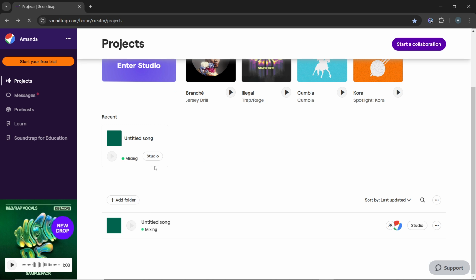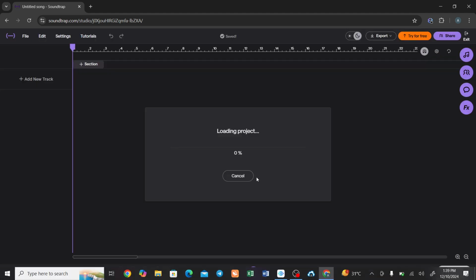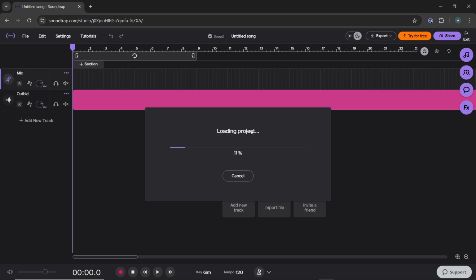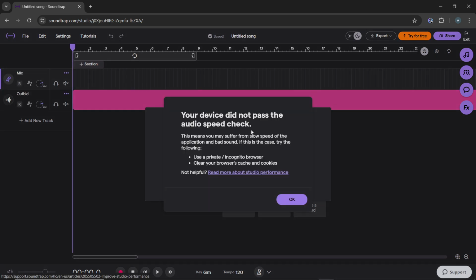So I want to use an existing one, so I'm just going to click on Studio right next to it, and that's going to walk me into the studio itself. Now once you're inside the project, you'll be directed to the studio view, which you're about to enter shortly. Now in the studio, you can see the project is loading, and once that is